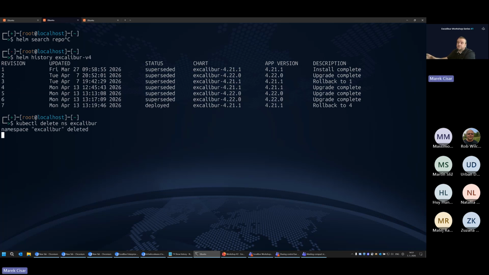In that scenario, I will not be able to check further details or further history of the deployment, because when I remove the namespace, I will basically clear everything regarding the Excalibur SAM and its Helm history.